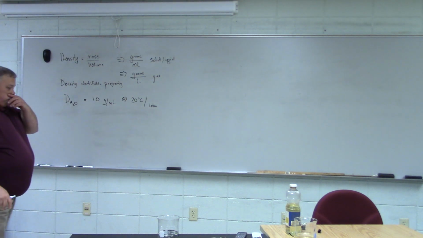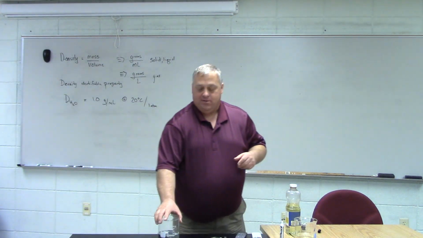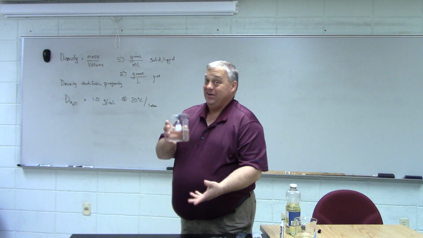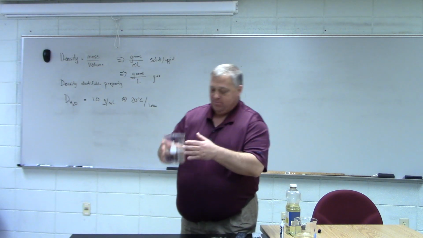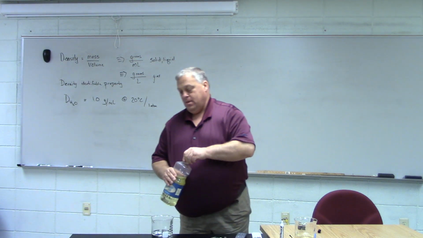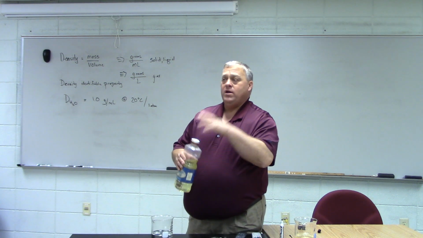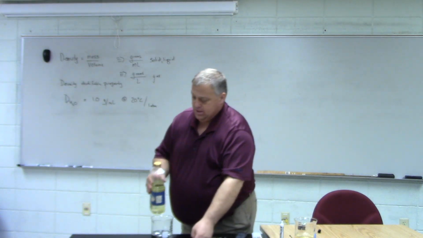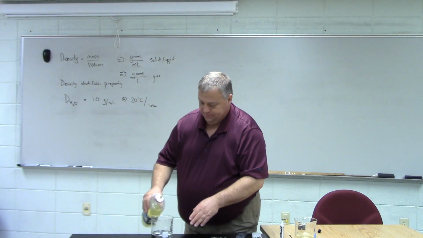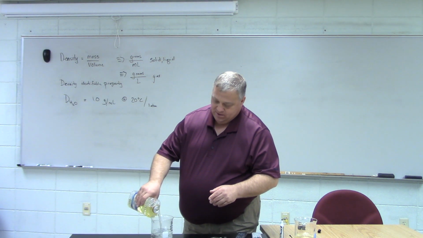Now, if we have two liquids of different densities, I've got my beaker here, and this is just tap water, okay, and we still got our piece of steel from the boat sunk down at the bottom of the beaker. If we add to this beaker some vegetable oil, okay, now vegetable oil has a different density. So what do you predict is going to happen to the vegetable oil? Do you think the vegetable oil is more dense or less dense than the water? Well, let's see. Hopefully it's not going to mix. Hopefully it's going to do what it's supposed to do. And we're going to add